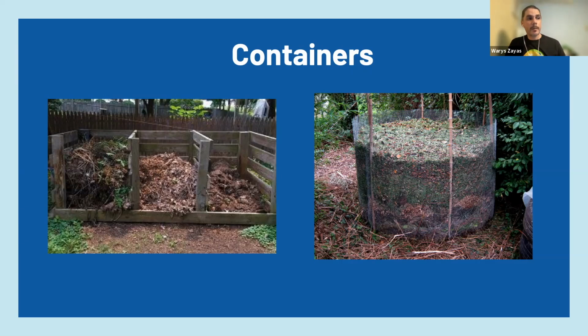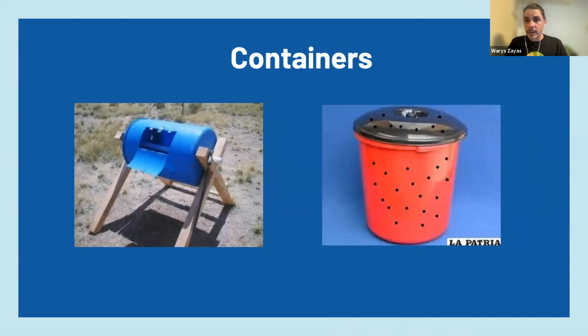Another option, as on the right that you have there, is to use chicken wire. In Puerto Rico, some farmers I know have this kind of container in different spots of the farm, and that helps them to have this material available near some of their crop areas, right? If you are just gardening, or you don't want to put your organic kitchen waste in the trash can, you can build this kind of bucket at home, right?